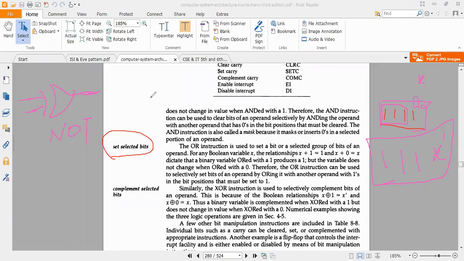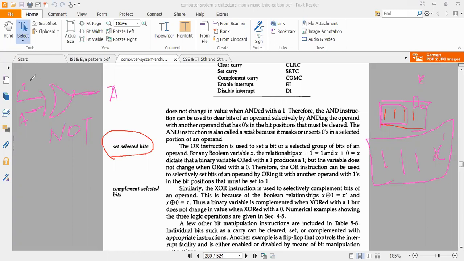Okay, if you do not give the answer, it is my responsibility to give you the answer. If you use logic one as an input, and here you use A, the output will be A complemented. So if you make an exclusive OR gate and apply 1 over there, that particular bit will be complemented. If it is 0, it will be 1. If it is 1, it will be 0. And all other bits are 0.